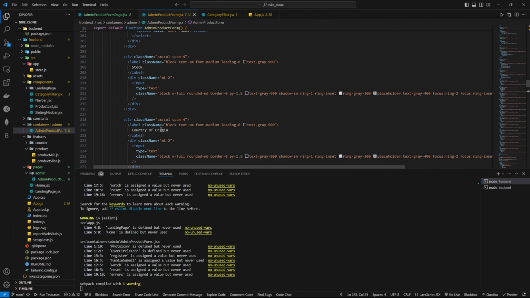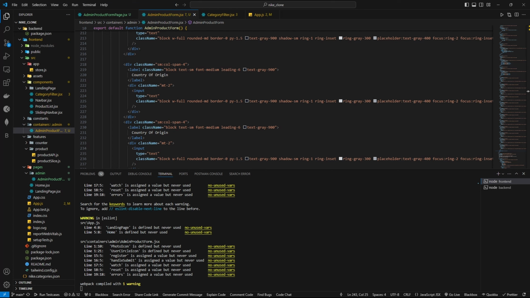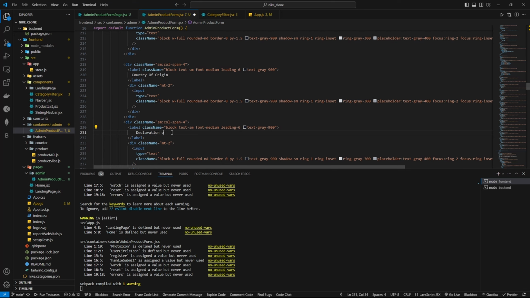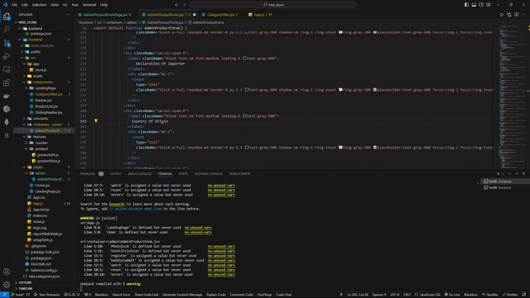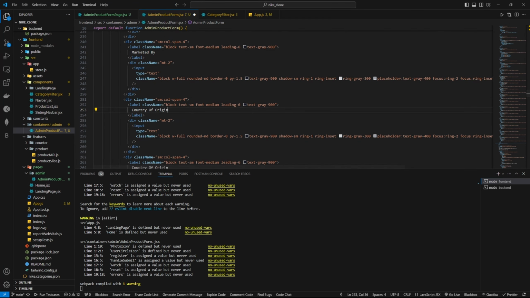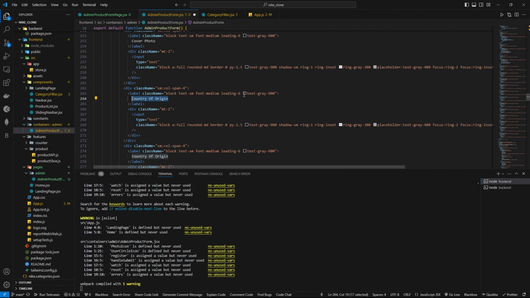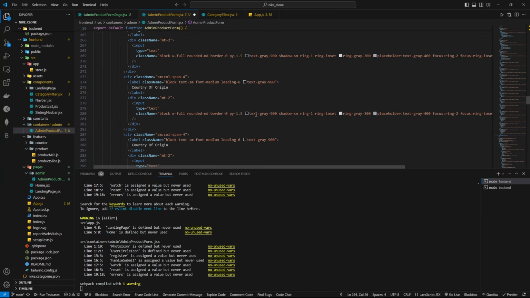So here we have stocks, we have country of origin, and the next thing we want is the declaration of importer. So let's write here declaration of importer, and then here we will be having marketed by, and then we will be having cover photo, then image 1, I guess. Yeah, image 1, image 2,